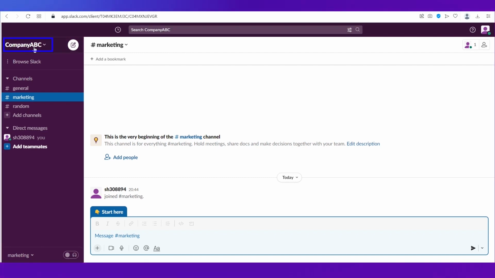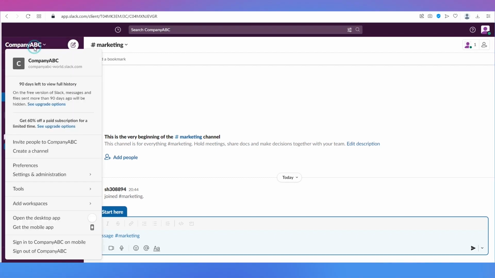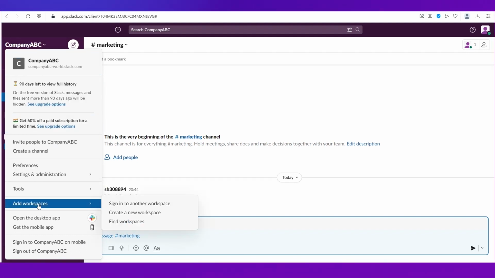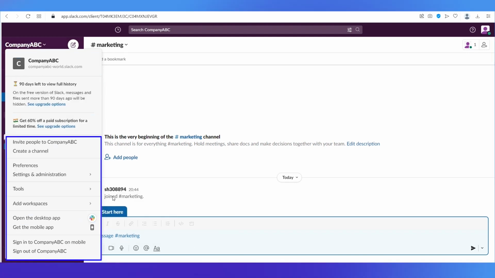And if you click on this workspace name, that is Company ABC, as we've entered over here, you've got a lot of options. So first is you can invite people. Second is you can create a channel, as I said earlier. Then there is preferences, settings and administration. Then you've got the